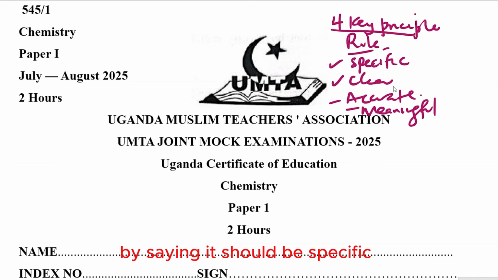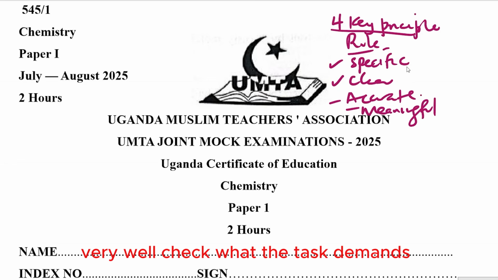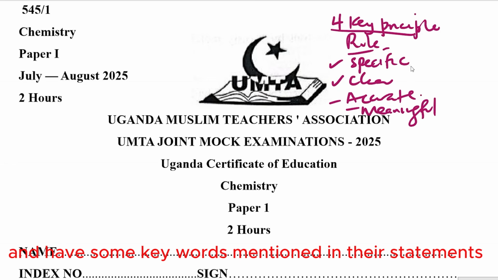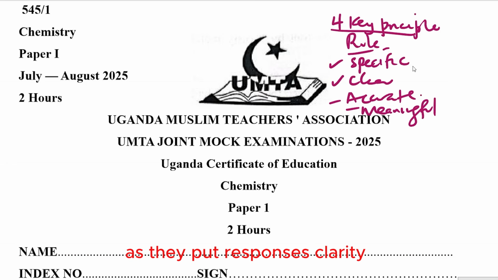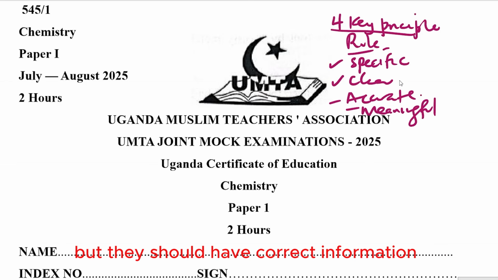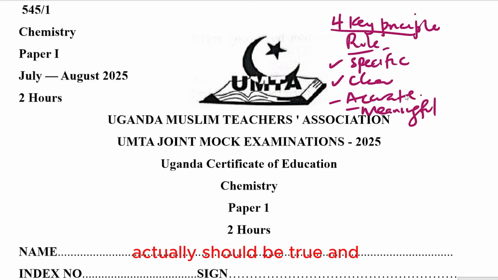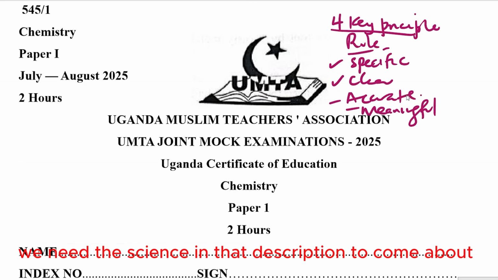By saying it should be specific, we mean that the learner should read the scenario very well, check what the task demands, and have some keywords mentioned in their statements as they put responses. Clarity means that the responses should not be confusing, but should have correct information. Accurate means the information displayed should be true, and we need the science in that description to come about,